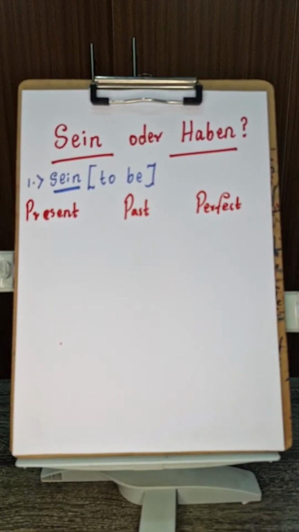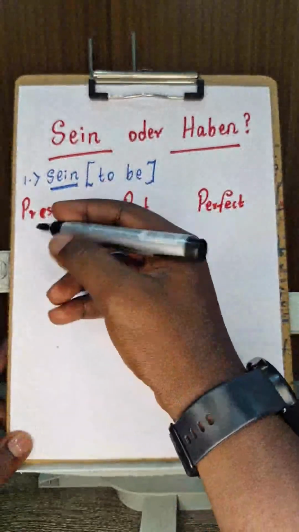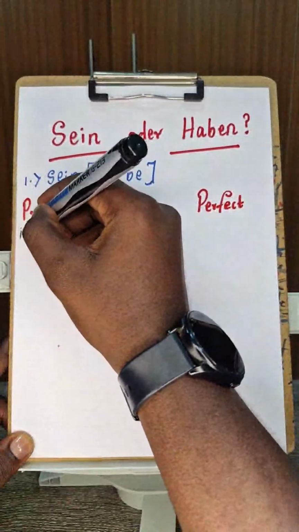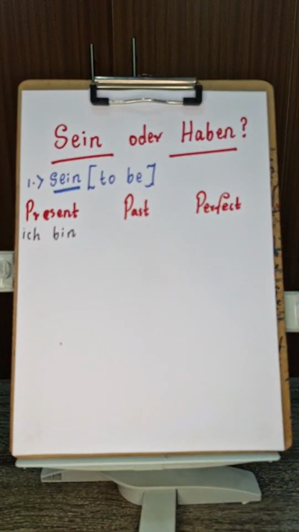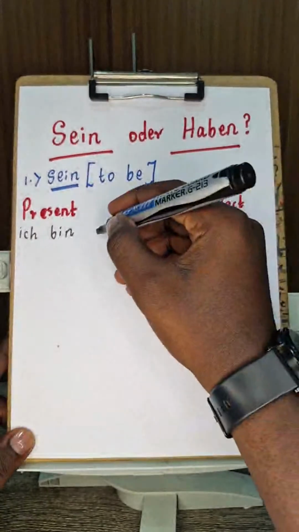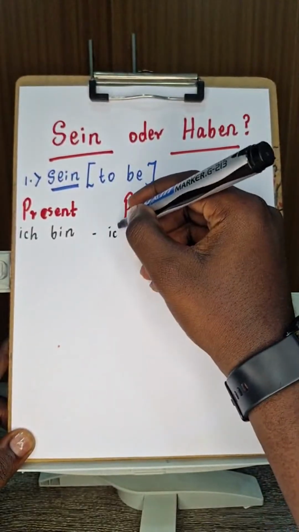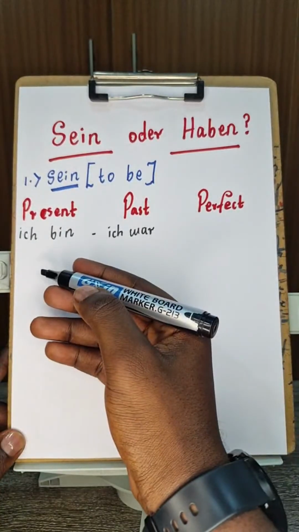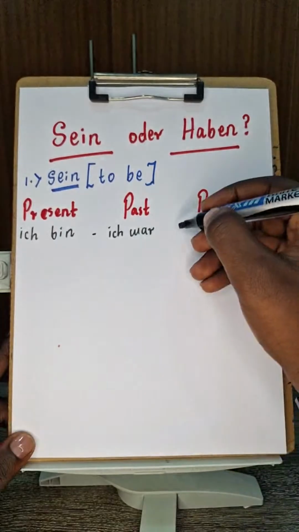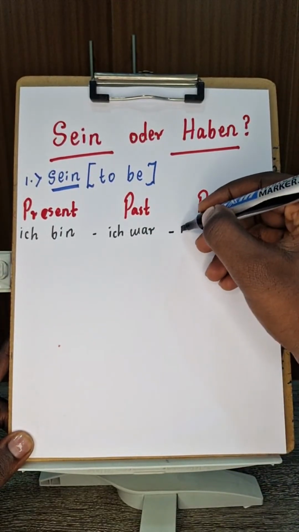As I said, it is one of the irregular verbs, so when conjugating it, it tends to look different from the original verb. Sein in the present tense under ich: ich bin, which means I am. In the past, it becomes ich war, I was. And then in the perfect tense, you would say: